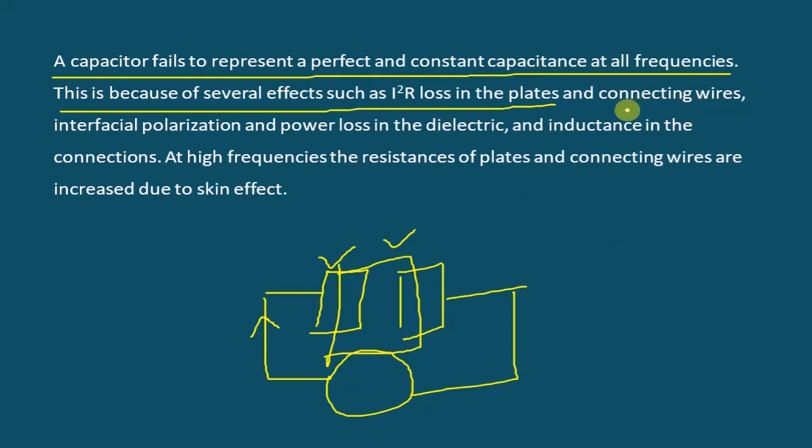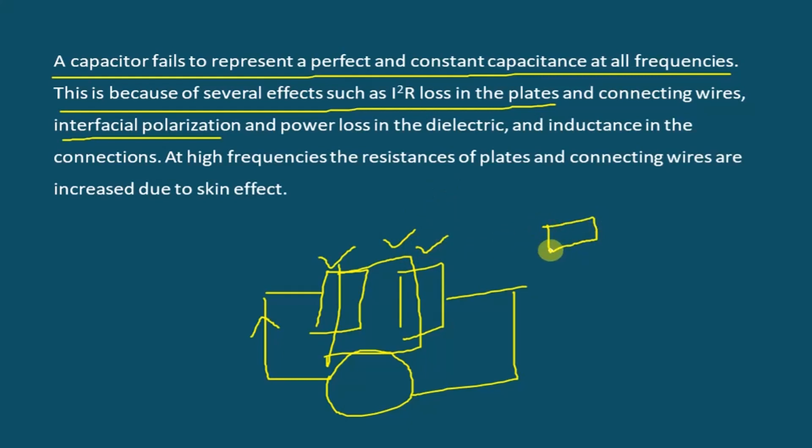Also, there is the interfacial polarization. When there is a dielectric present in the capacitor, there will be polarization in the dielectric. If the polarization is not uniform, then also the capacitance value will be different. And if the dielectric is not pure,